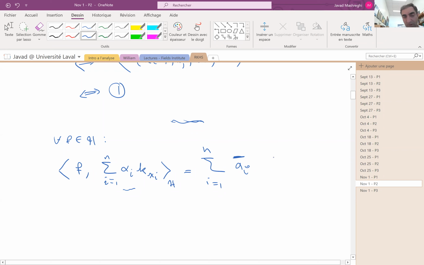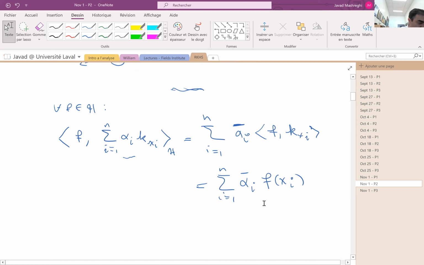That's okay to have bar here. F inner product with kxi is the sum of alpha I bar f at point xi. And this is the identity which shows that 2 is equivalent to 3, because